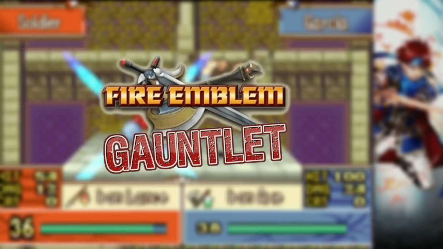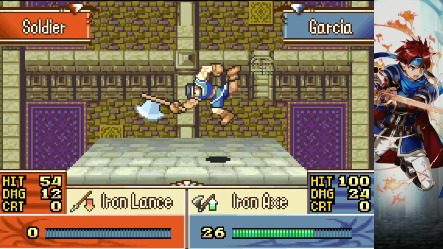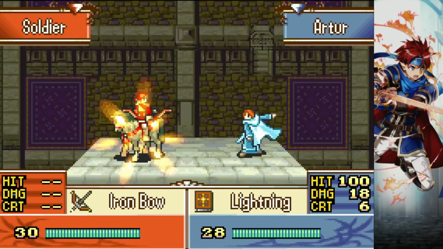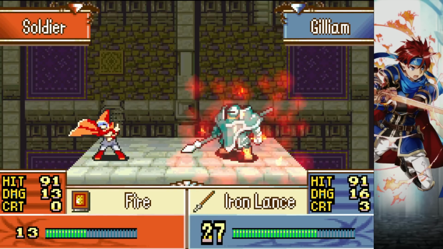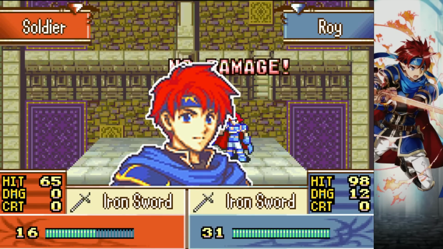Welcome to the Fire Emblem Gauntlet. In each episode of this new series, we will be taking a different beloved character and putting them through their paces, facing off against every class in the game one by one until they perish. As the series goes on, we will then compile the results from these different characters and see how they perform compared to each other. Today's champion is Roy, the main lord of FE6, so let's see how he does in